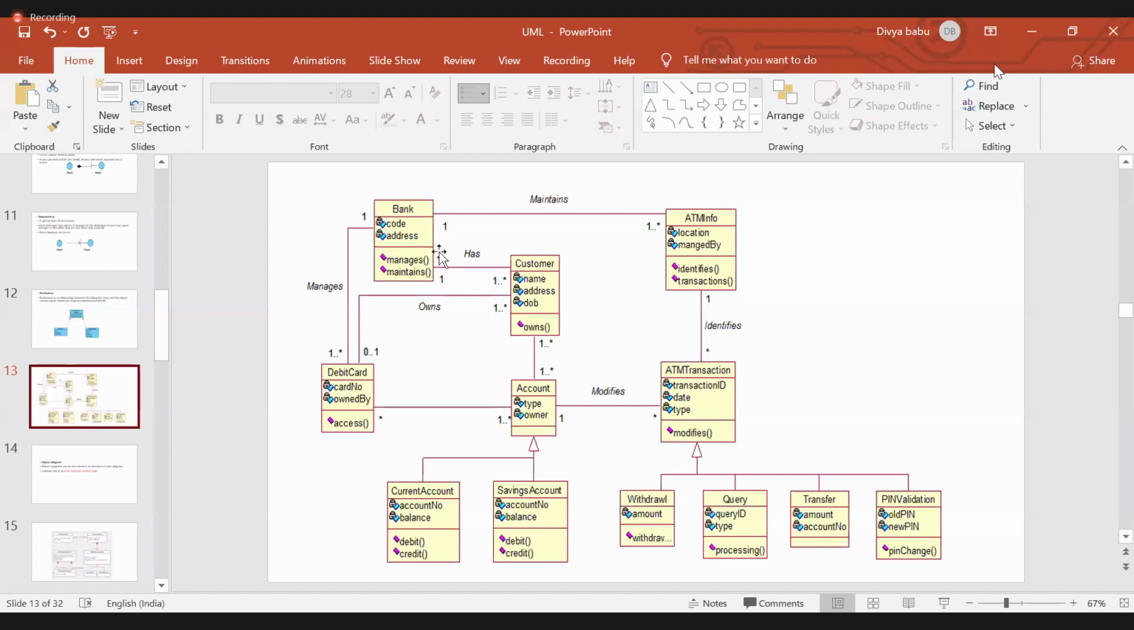So you can see ATM and customer, bank and customer. Let's say one bank deals with multiple customers, but the customer is dealing with only one bank. So customer to bank is one. Bank is a single organization, so you have to give one, but a single bank can manage a number of customers, and at least one customer should be there. So one to star, one to many. So then one customer